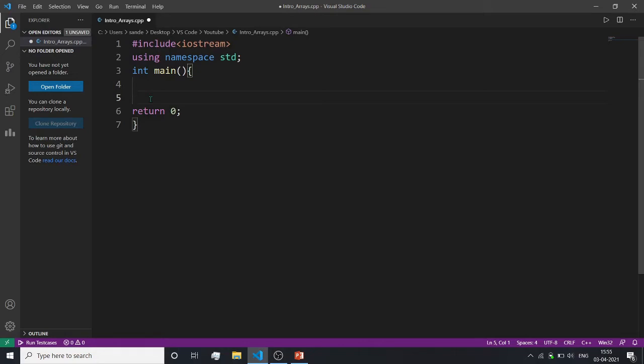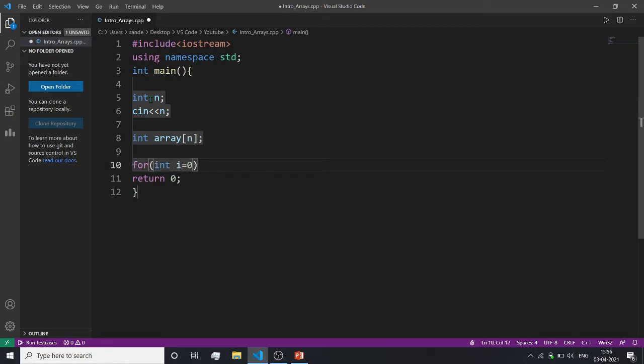Okay, so first of all, I will define a size n. The user will give the size of the array. Then we will have the integer array of size n, like this. Then I will use a for loop, and the index will start from 0.